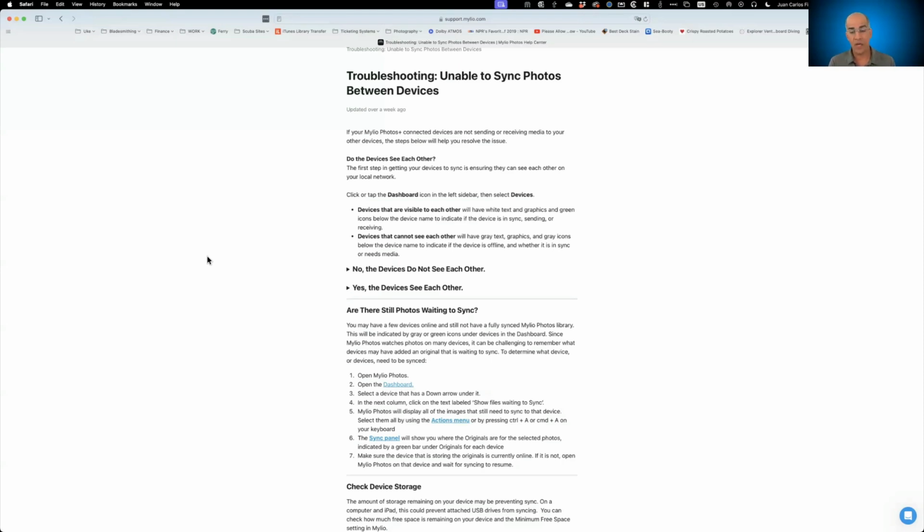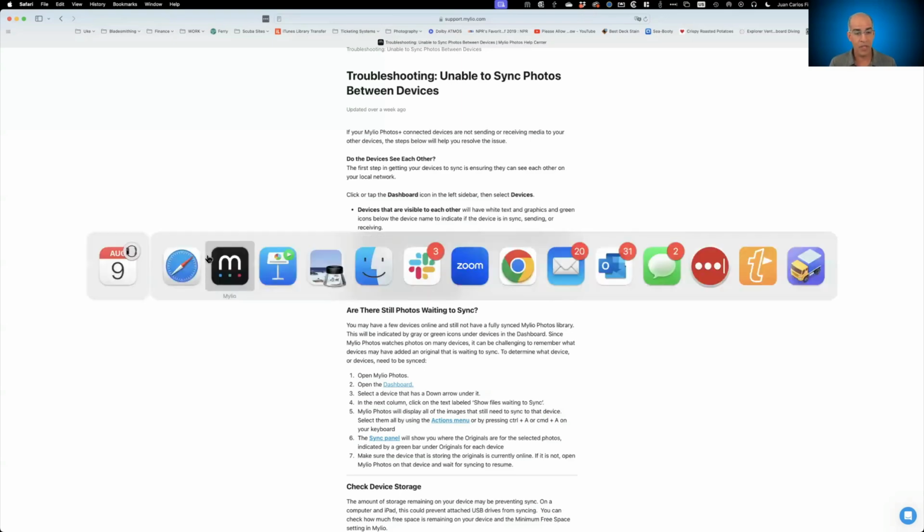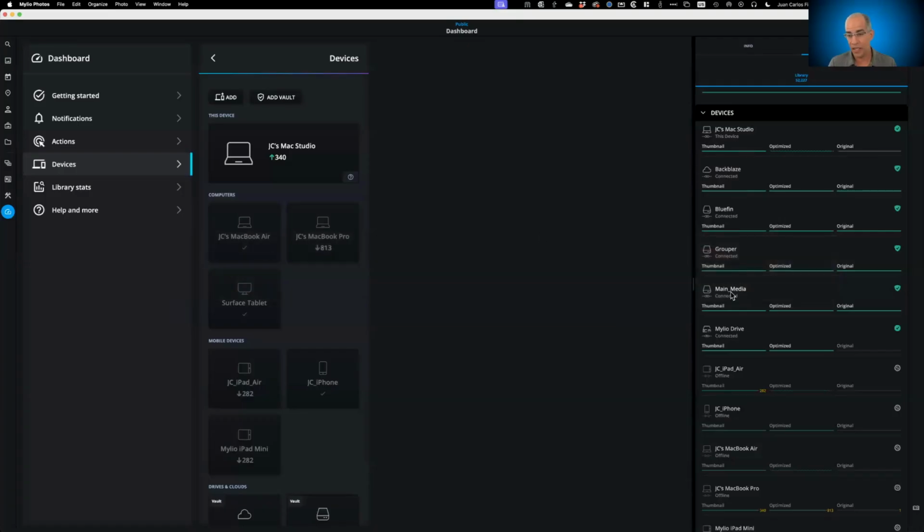So the devices are online. The devices have a version of Mylio that's compatible with each other. My suggestion is that you keep Mylio updated at all times. And the devices can see each other. And you know that the devices can see each other because they say they are connected and the lettering is white. So if I were to turn on my iPad here and launch the Mylio application on it, and same